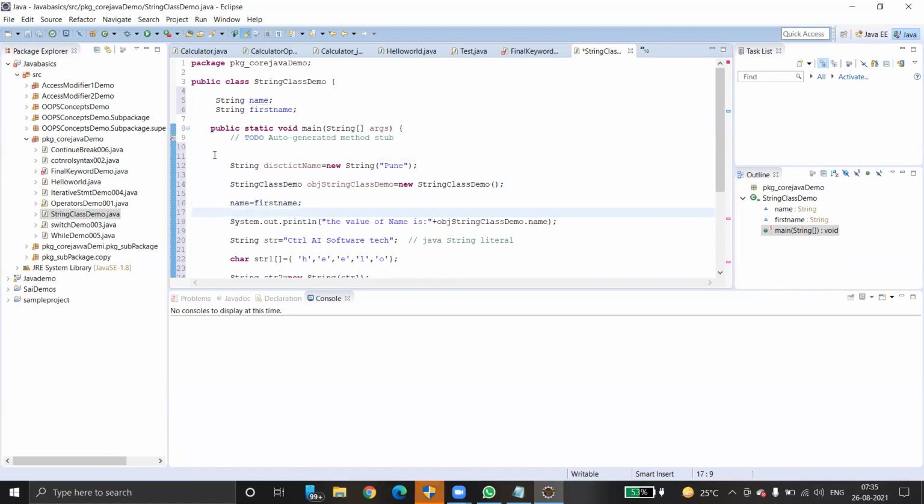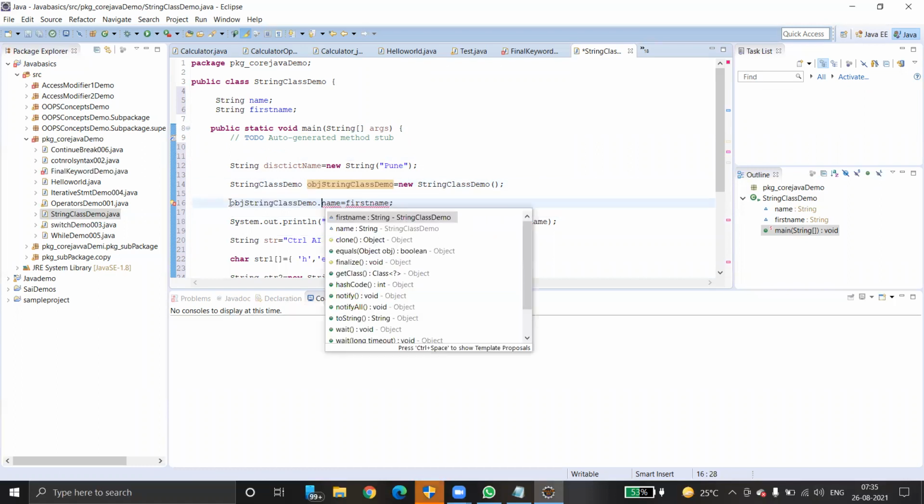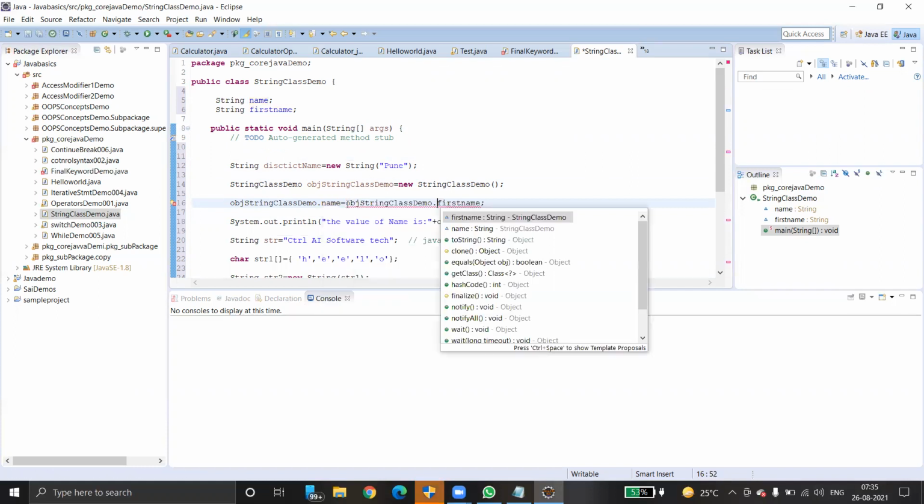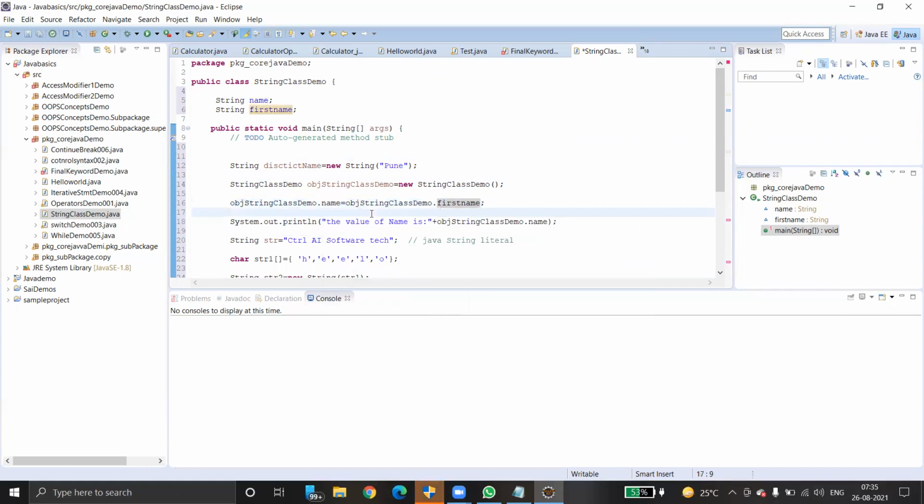We can directly use the object. After instantiating the object, we can use it, but without instantiating, we can't use it because it's a static method. A static method can access a static variable.